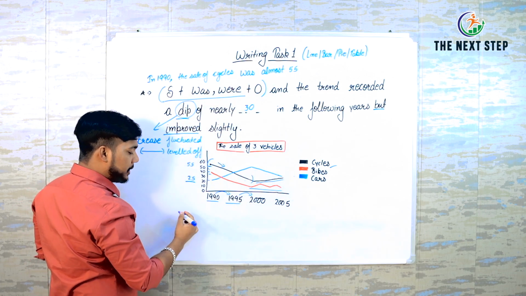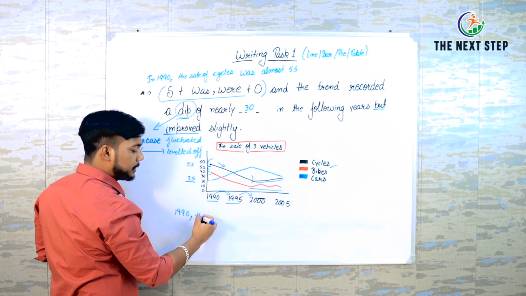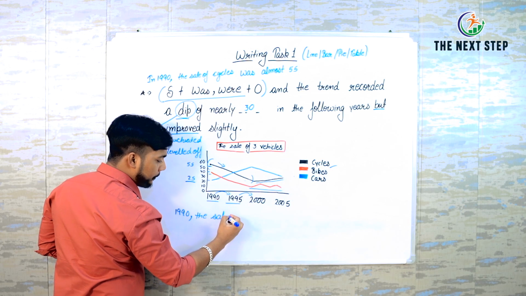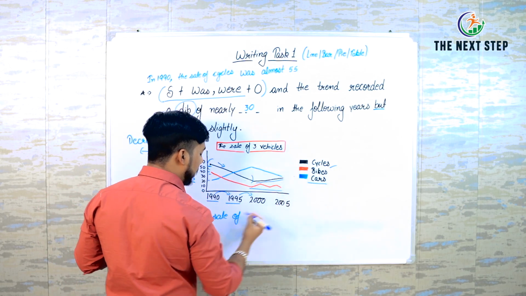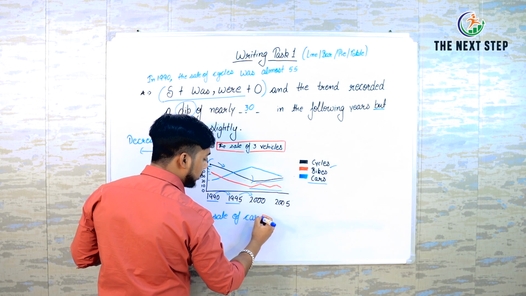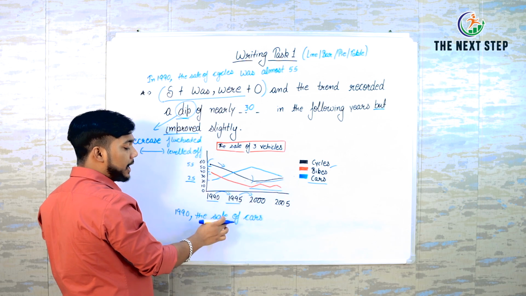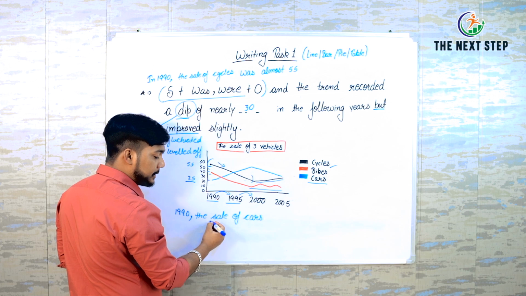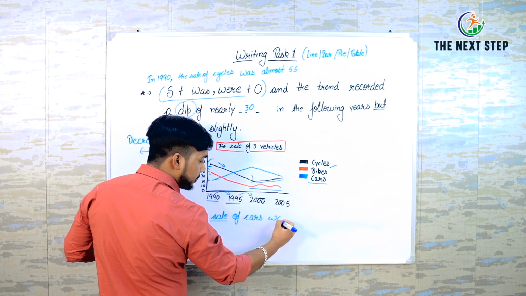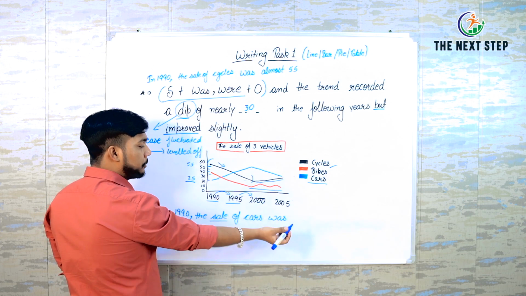First subject, it means in 1990 the sale of, what we are talking about, cars. If I am writing here cars, it does not mean that I have to write here were. I am talking about sales. So was. The sale of cars was